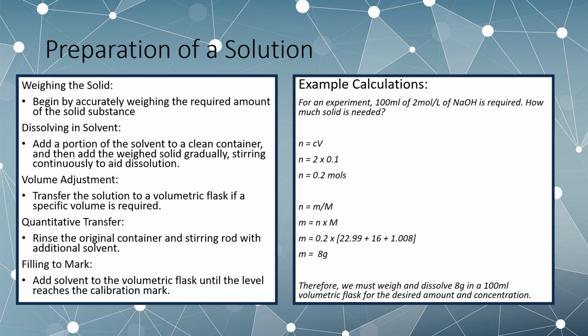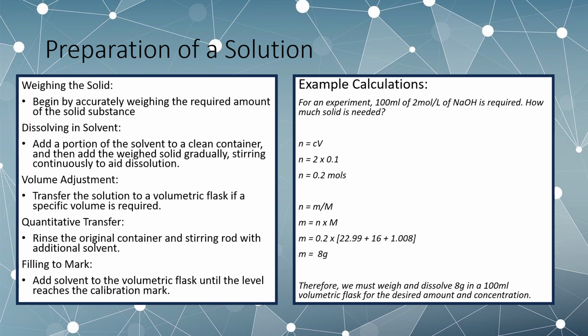n is equal to mass over molar mass. Rearranging that, bringing the molar mass across, we can find that mass, or just our lowercase m, is equal to n times our uppercase M, or our number of moles times our molar mass. Now, once more, I suggest you check out our moles and molar mass video that will go into how to find the molar mass, but these numbers can be taken off the periodic table of the relative atomic masses for